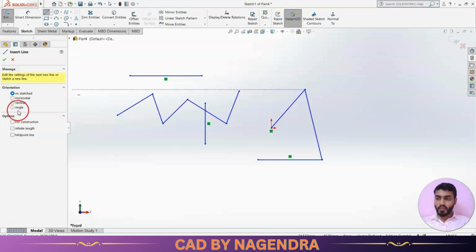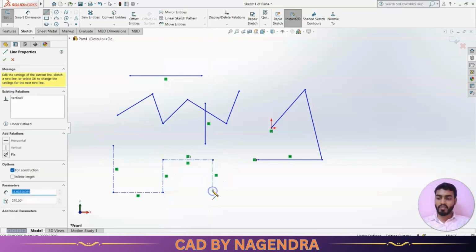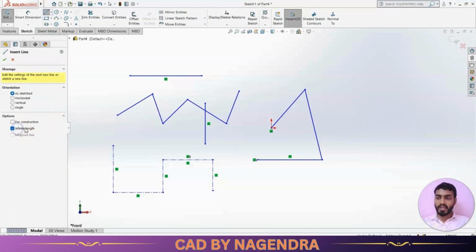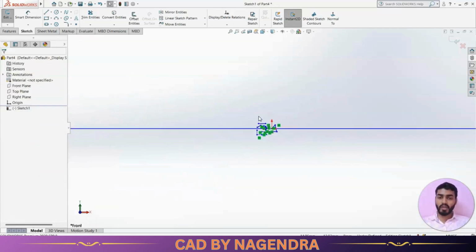Then next to that, with inclination also we can create by using angle. Then if I turn on construction, you are able to get line for construction purpose like this. It is used for construction purpose. Then next to that, infinite length we are having. Infinite length is nothing but there will be no end for that particular line. Let's create one horizontal infinite length with reference to this origin point. Now if I make zoom out by scrolling scroll button, as you can see, there is no end for that